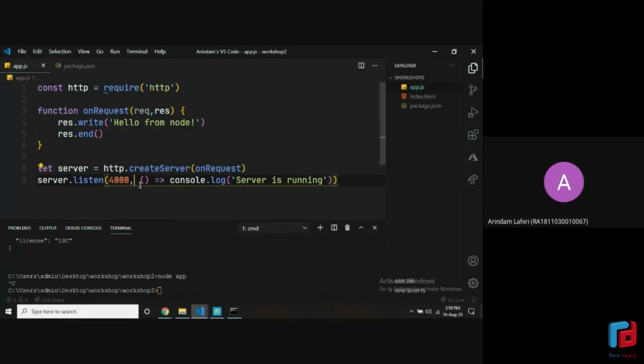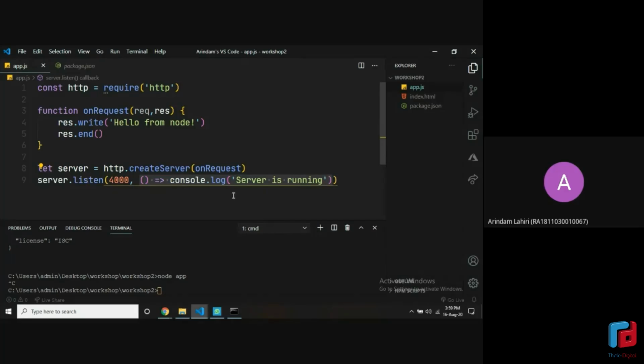Now what this syntax is, it's called a callback function. It can get a little tricky to understand, but for now, let's just understand that whenever you put this inside a function call after the comma, what it basically is doing is that whatever this method is, like listen. So when we are running server.listen, node makes sure that once the server.listen function is done running and it's completed, then the callback function is run.